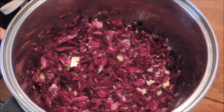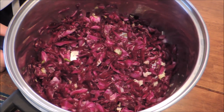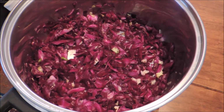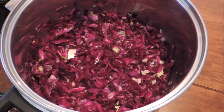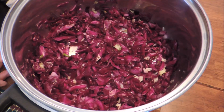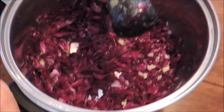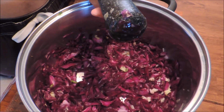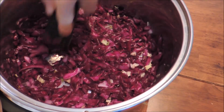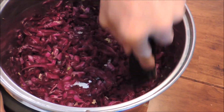Okay, so once you've sliced up the cabbage and then massage the salt into it, let it sit out for about an hour. That'll start to pull the juices out by itself. Then we're going to do the final level to get all the juices out, push every bit of air out, and to open up the cell walls so the good bacteria can come in and colonize. So I'm using my mortar and pestle thing, but you could use one of those rolling pins for baked goods or anything really that you can pound away at the chopped up cabbage, bruise it up real good,